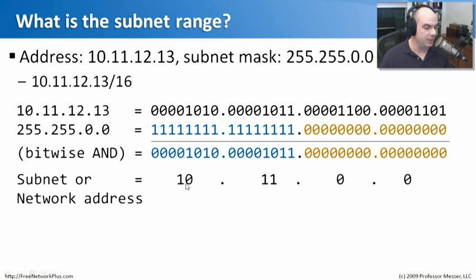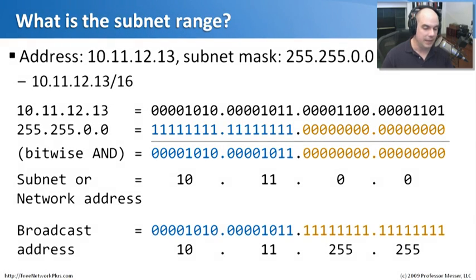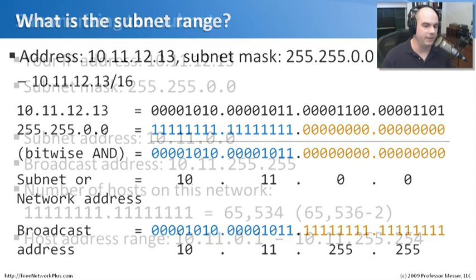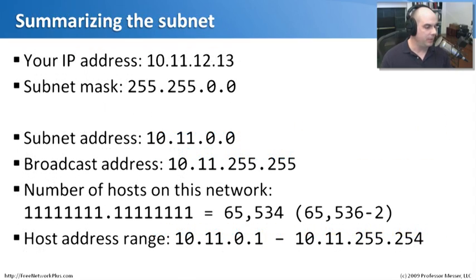We can see that our subnet address is 10.11.0.0. And if we take all these zeros and turn them into ones, then we know that our broadcast address is 10.11.255.255. So we know the very important things to keep in mind on this network are our address 10.11.12.13 with subnet mask 255.255.0.0. In summary, we know that our subnet is 10.11.0.0 and the broadcast address is